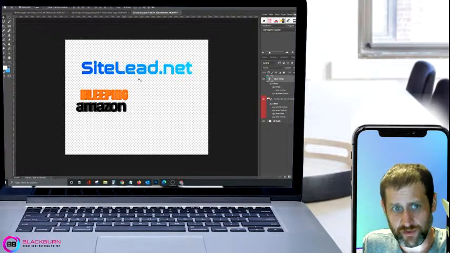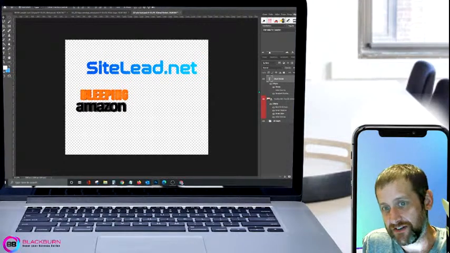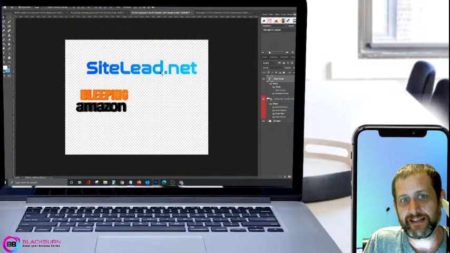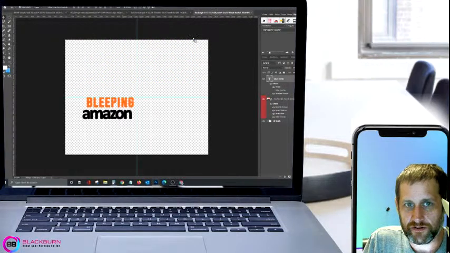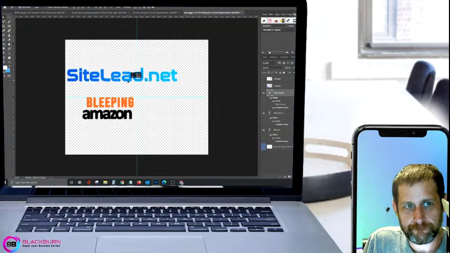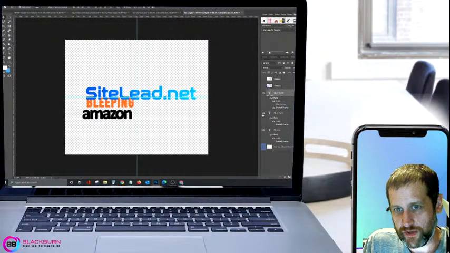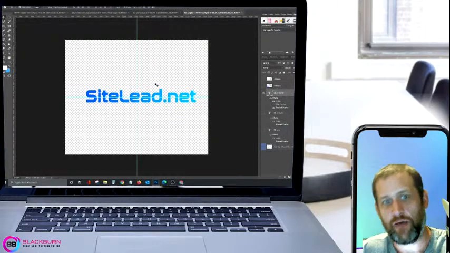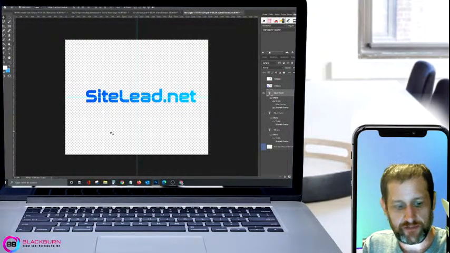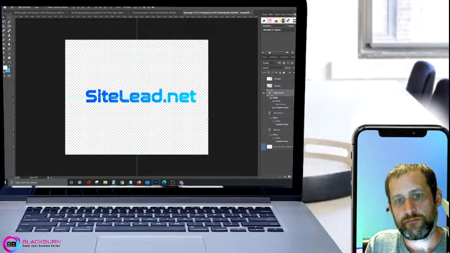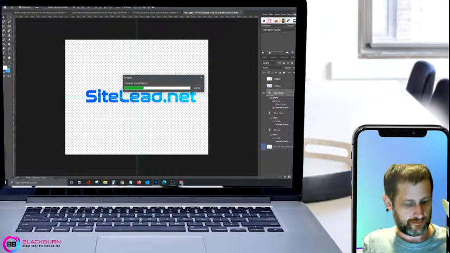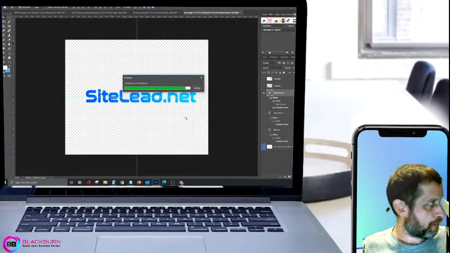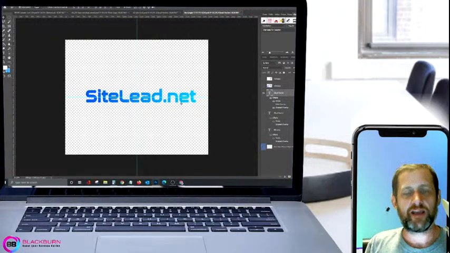So if we take this right here, this site lead, we can actually open up our smart object, right? We can go back to our source file. You can take this, drag it out, move it up here to your smart object, and we can just hide our previous one. And now we have a different color in here, and we can do the same thing. We can save it. You just need to watch out: when that happens, it starts getting all over the place. You just want to reset it, save it, and close without saving. Okay, that's saved, and we can go back and you can see the same